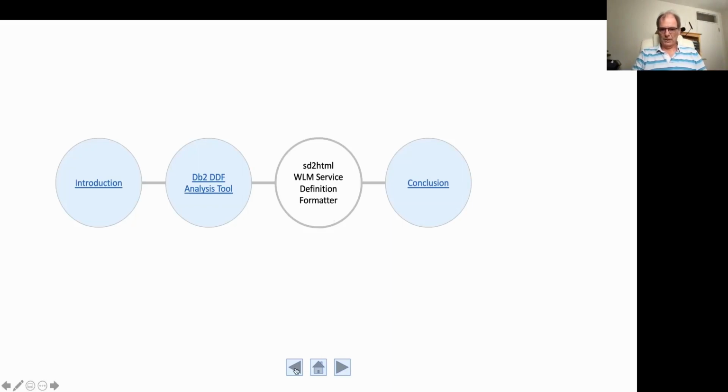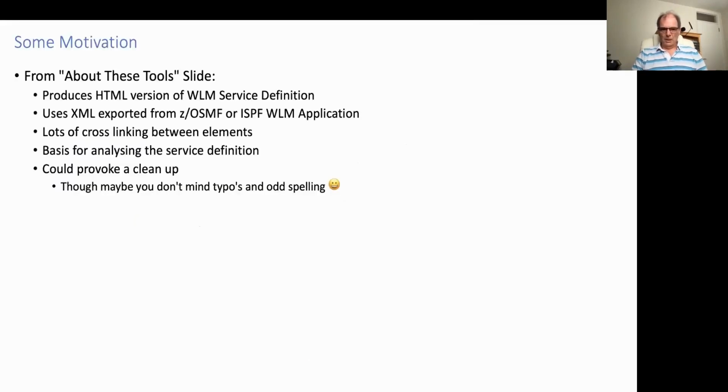Oh, by the way, these are navigation arrows back to previous sections and then to the table of contents. If you're wondering what on earth they are live, hopefully in the PDF. Okay, so the WLM Service Definition tool,